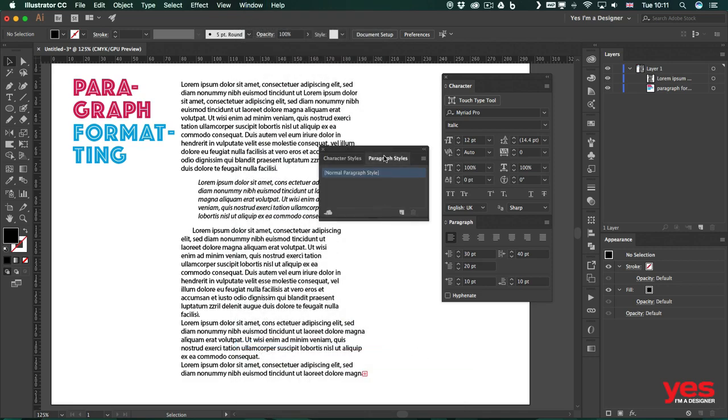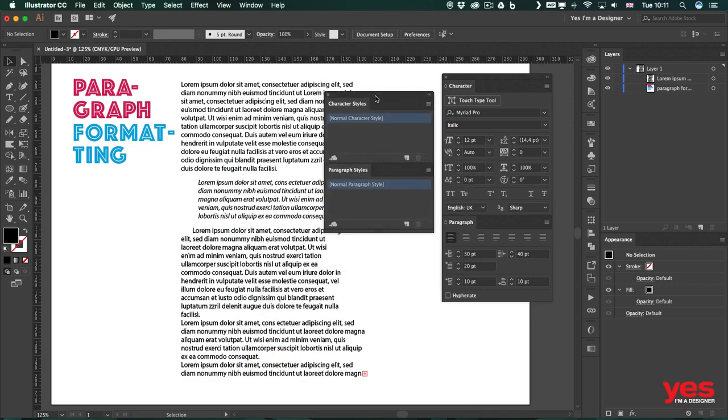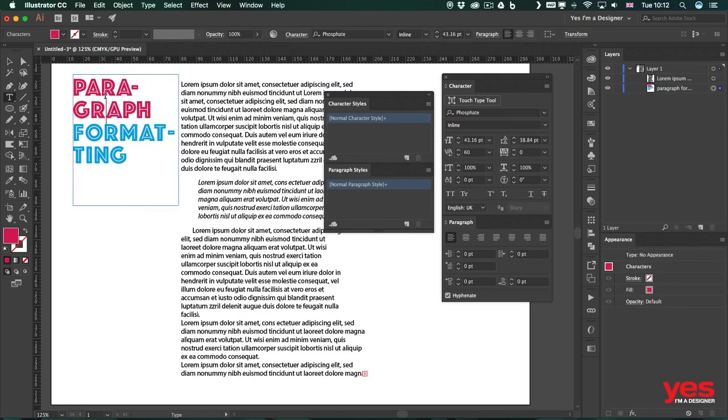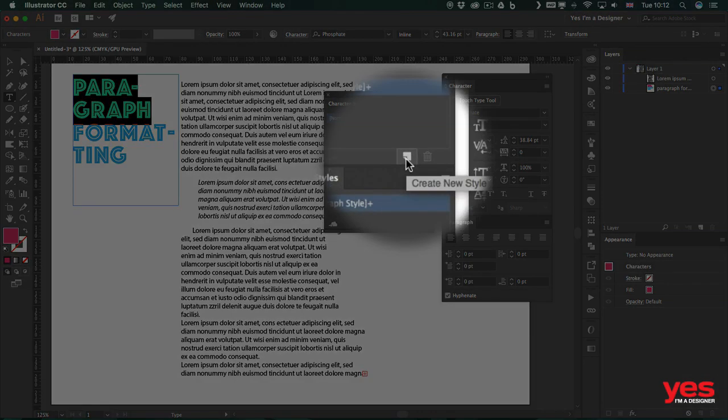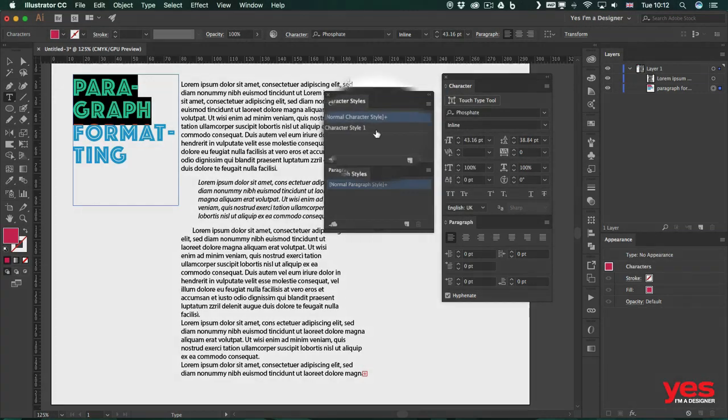It actually opens up both panels at the same time. So I'm going to just put these under each other so we can see them both at the same time. And let's say I would like to save this formatting that I have here. I can just simply put my cursor in there or even highlight this whole word. And what I can do is to click on this icon here to create a new character style. So it's going to call it character style 1,